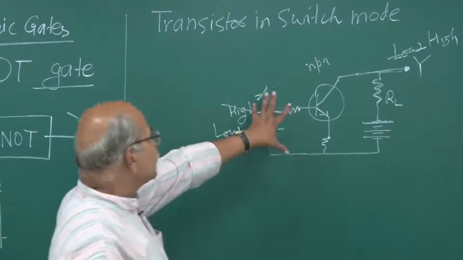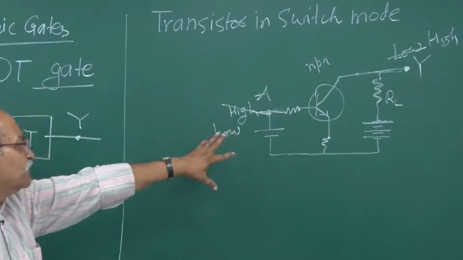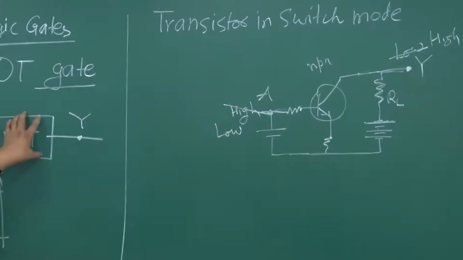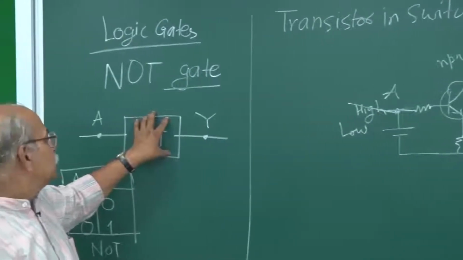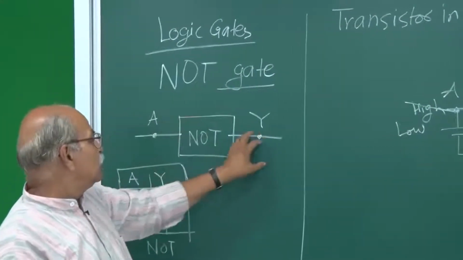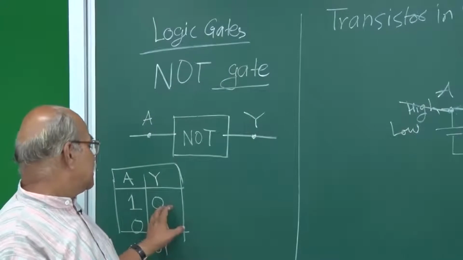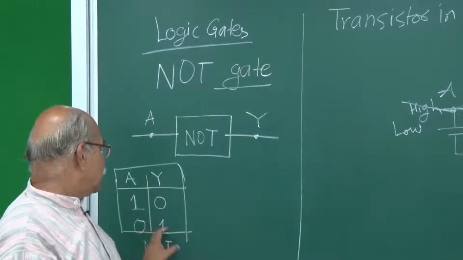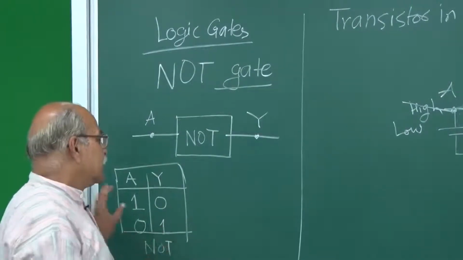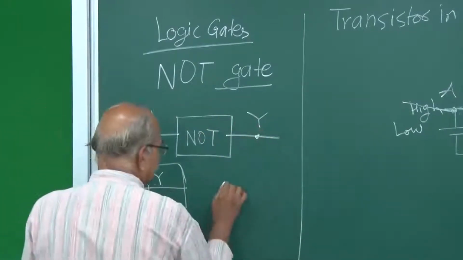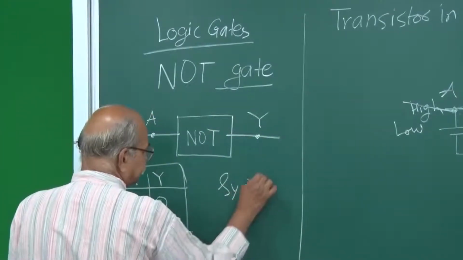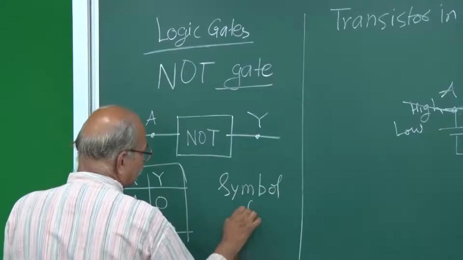So this single transistor itself is a NOT gate. You give one input, you get one output. If the input is 1, the output is 0, and if the input is 0, the output is 1. And there is a symbol for the NOT gate,